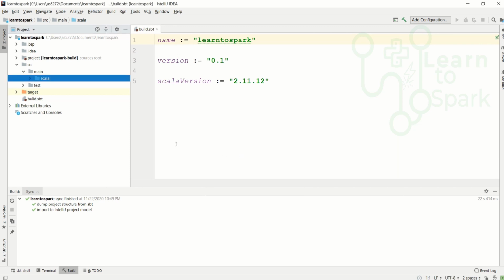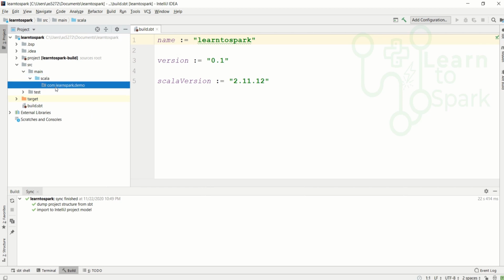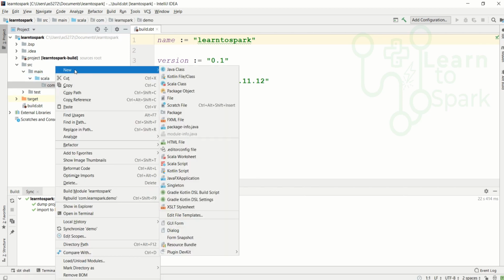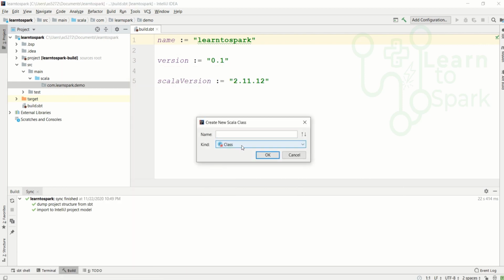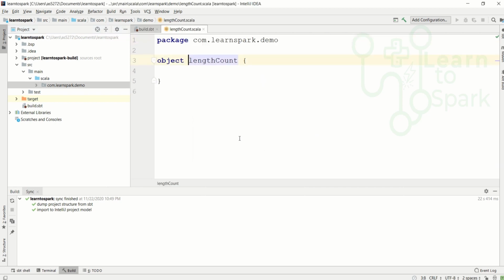This package structure follows the Java package structure, and from here I am creating a new Scala class. I mean, we need to create an object. Let me change it here, and I am naming it LengthCount. I will give OK.